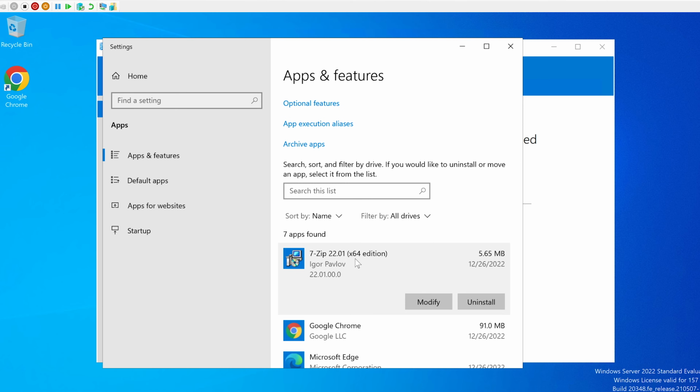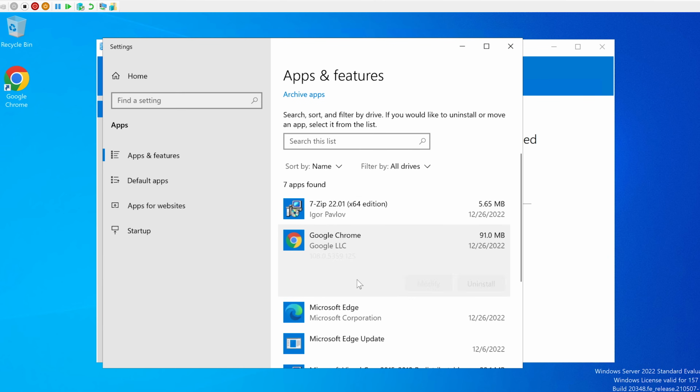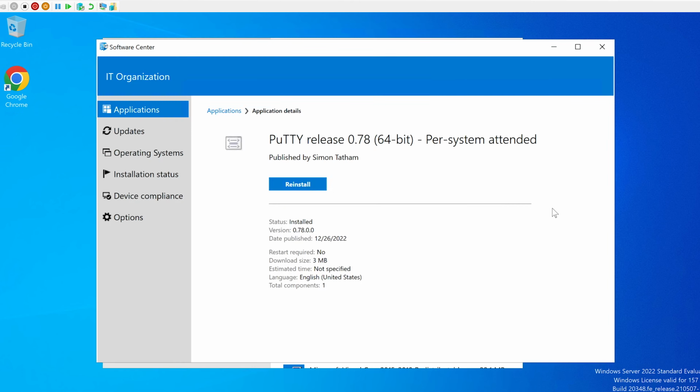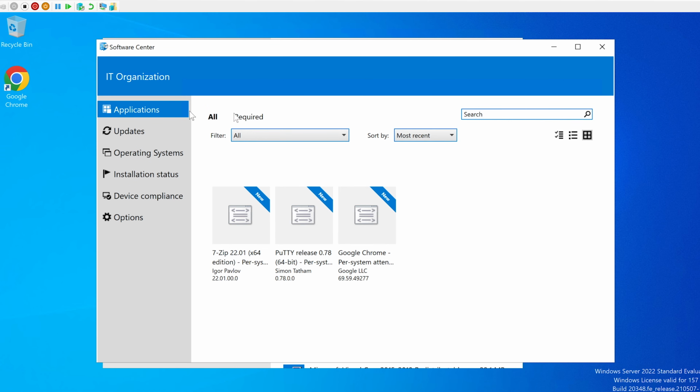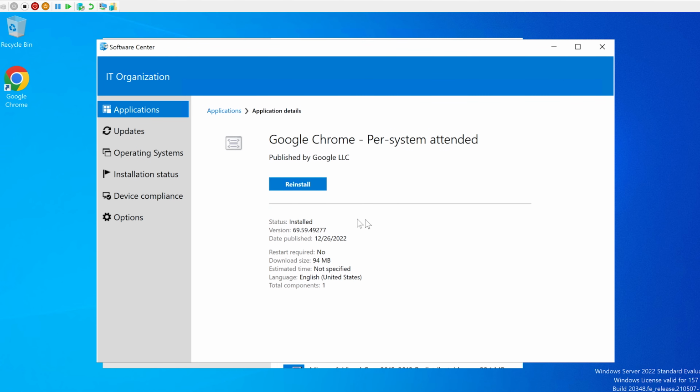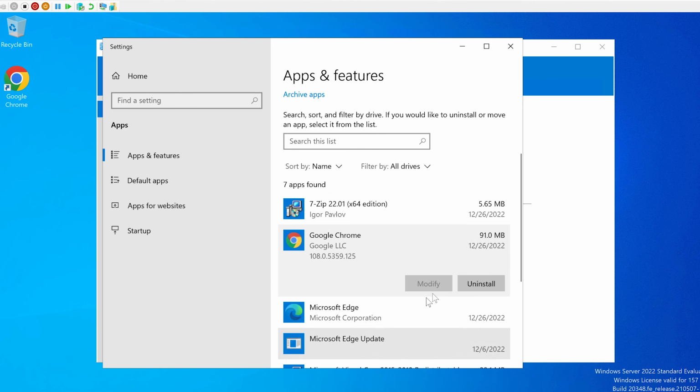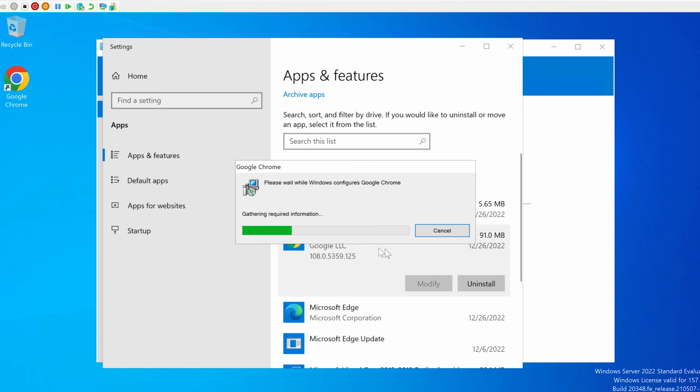refresh it, right? If you want to remove 7-zip just out of the blue, matter of fact, let's just remove Chrome here. I want you to see it here. It's on the left. We're going to do a manual uninstall of it. So instead of doing a repair, sometimes you won't get that option depending on how it's set up. Sometimes you will not have this option to reinstall. It would just say installed and that's it, right? This would be grayed out. If this is grayed out and you can't reinstall it, you can manually remove it. So if I do a manual uninstall of Chrome,